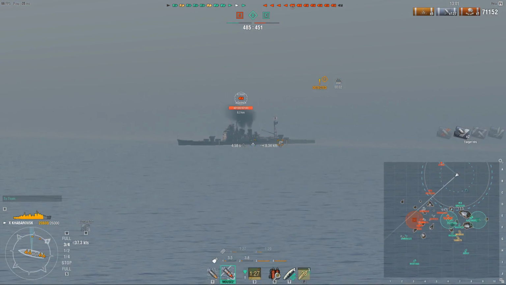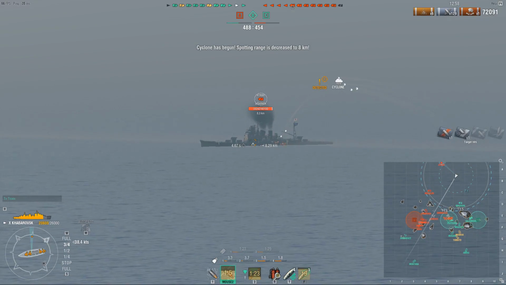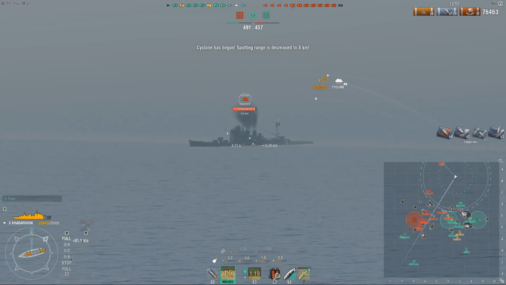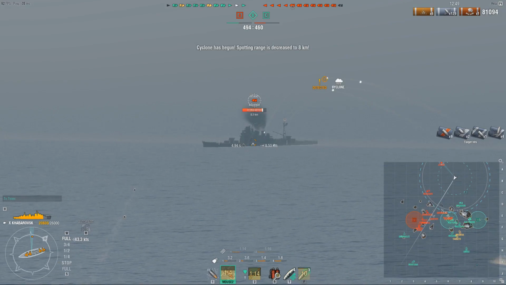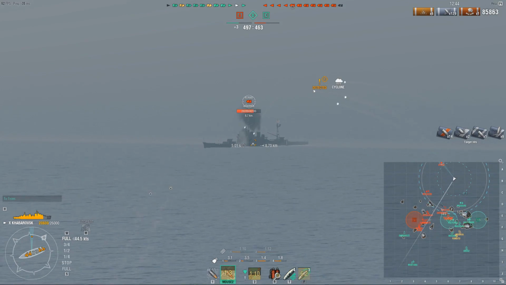His guns are aiming at me. His guns are aimed at me. The Cyclone hits now, which is of course a huge issue. Now of course when you get broadside on cruisers with the Khaba, AP, absolutely AP. You notice this is a pretty great example of how quickly angling reduces your damage